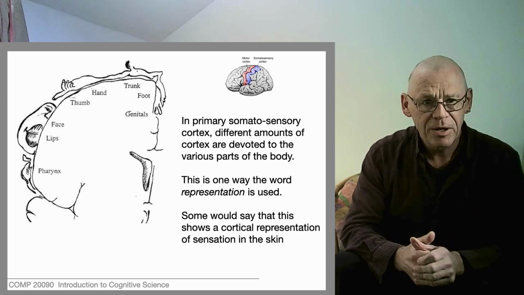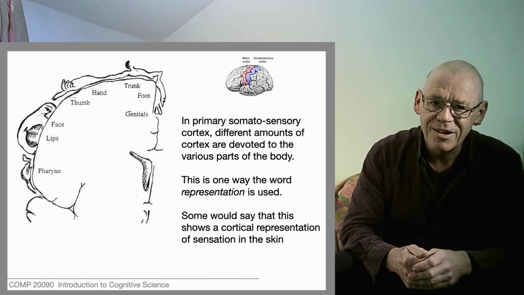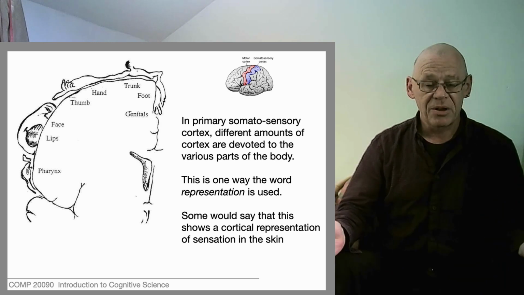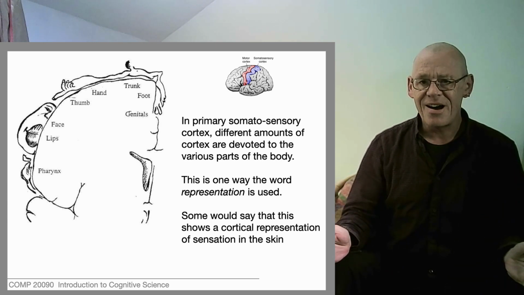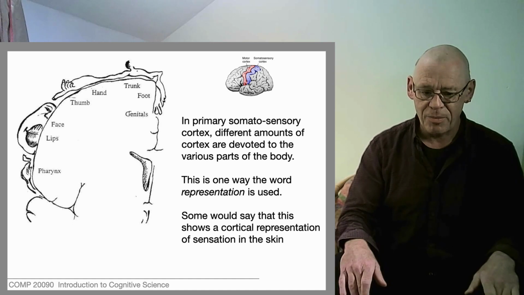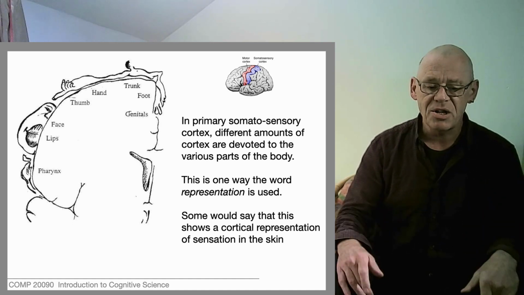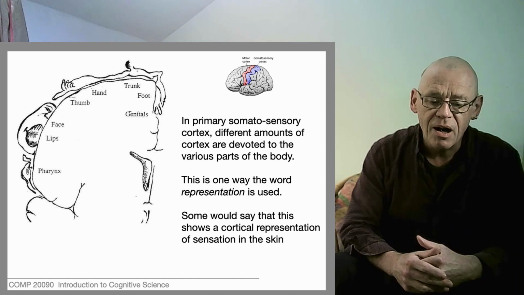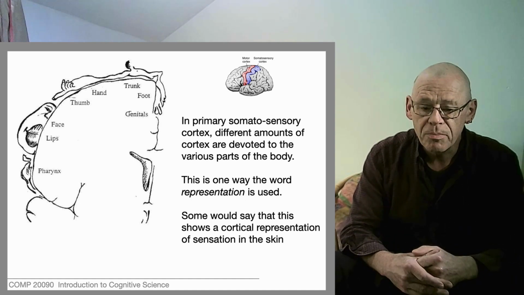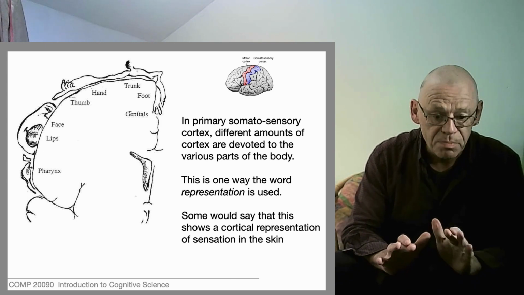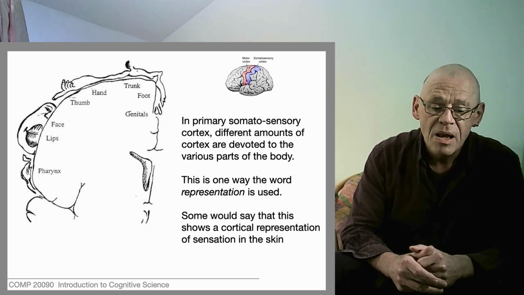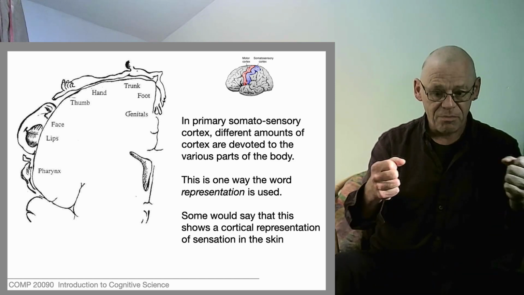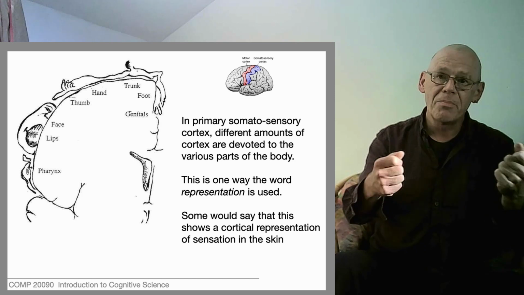Now here, the mapping is a bit more complicated than from the retina, because the retina is just basically a disc, whereas the three-dimensional outline of the skin is kind of hard to lay out in map-like format. So there's a few cuts and breaks here in primary somatosensory cortex, but you can see there on the diagram that different parts of the primary somatosensory cortex correspond to different parts of the skin, and that there's been some